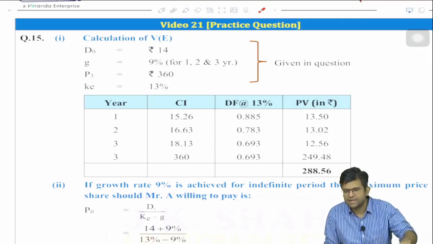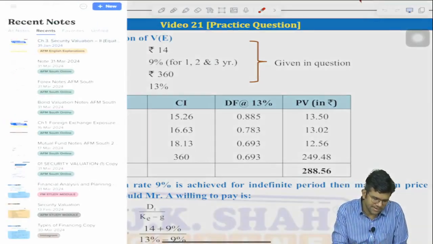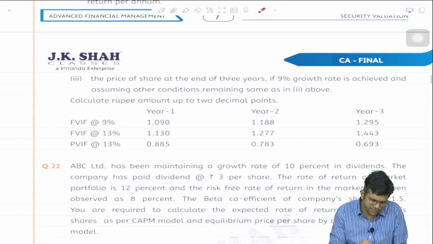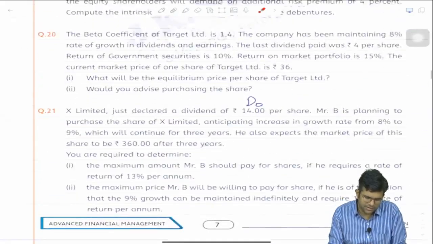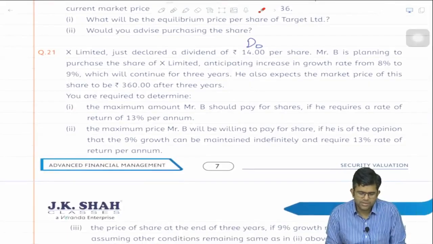So in yesterday's lecture, we started with equity valuation. So today is lecture number 2 of equity valuation. In that, we had started the discussion of question number 21, and in question number 21 we had finished point number 1,